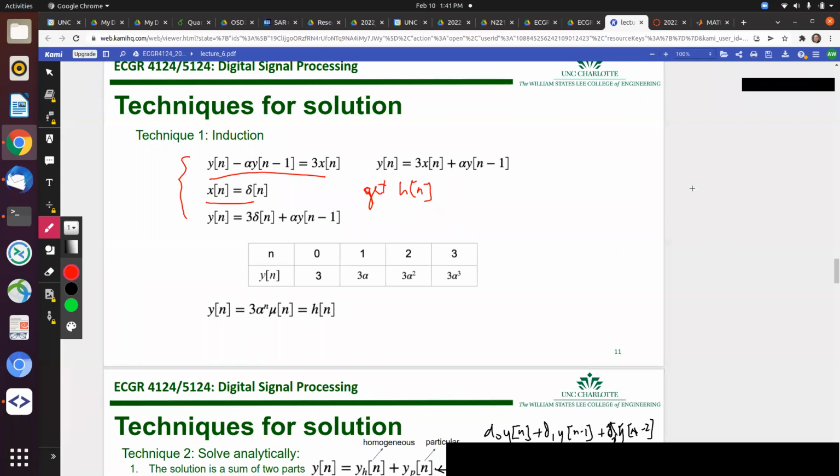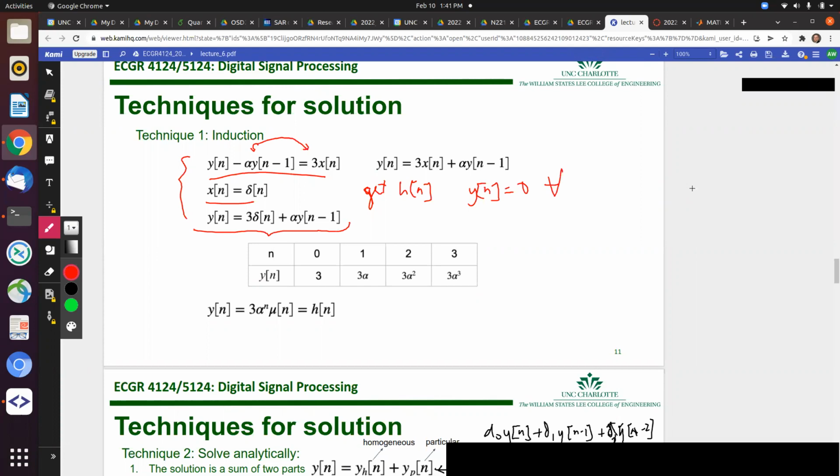So we do that, and we rewrite the difference equation in this way, which is just taking this term and moving it to that side. And then we just plug in values of n. So we know that y of n is equal to 0 for all